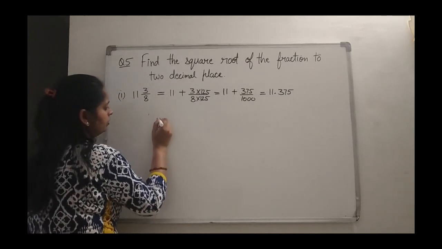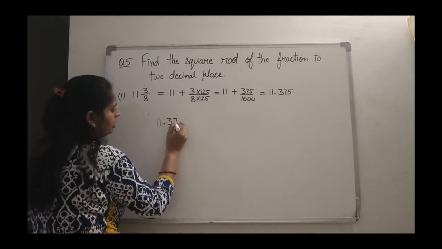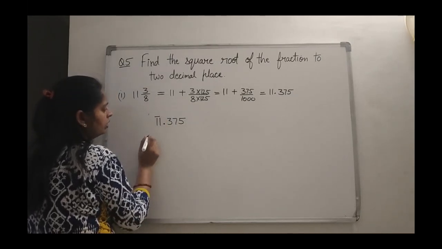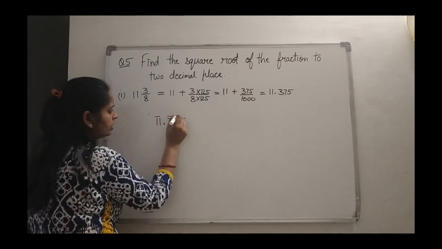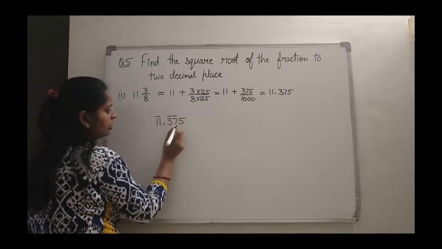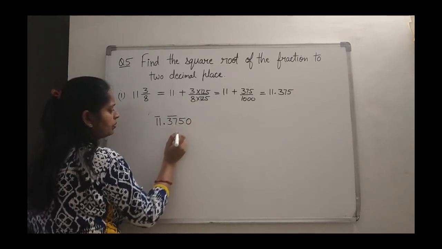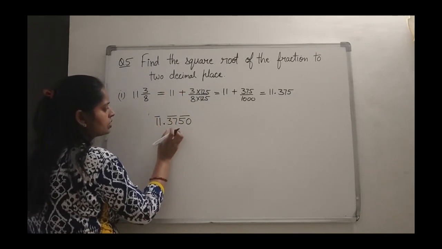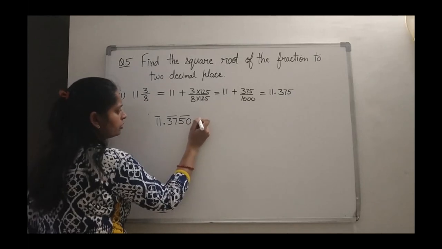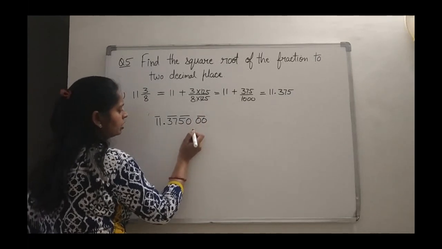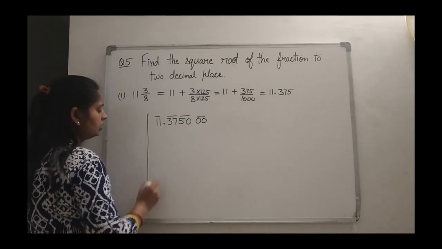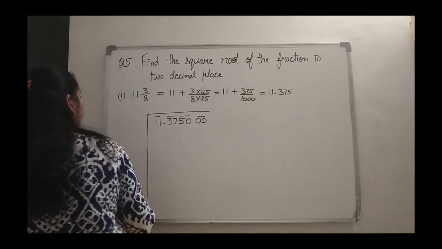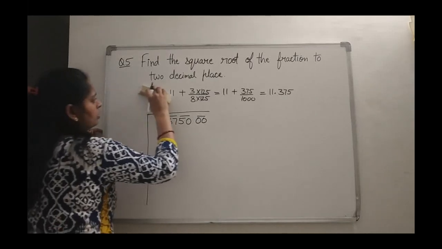So let's start with 11.375. We'll start pairing for the whole part and for the decimal part. First pair we have done. Now 5 is alone, so we'll make the pair by putting 0. And again here they are asking for 2 decimal places, so we have put a 2 bar. We need one more bar over here to get the 3rd decimal place, and then we will go for the round off. Fine. I can rub the above one so that it will be easy for you.